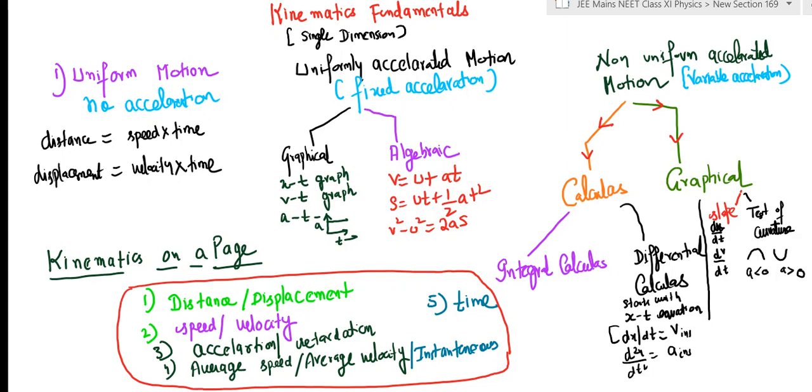The second part of the situation is the technique which you will use to solve the problem. And what are we trying to solve? We're trying to finally get to the unknown kinematic variables. So you must be able to stitch all this together and see this as a big picture as to what we're trying to achieve in this chapter.